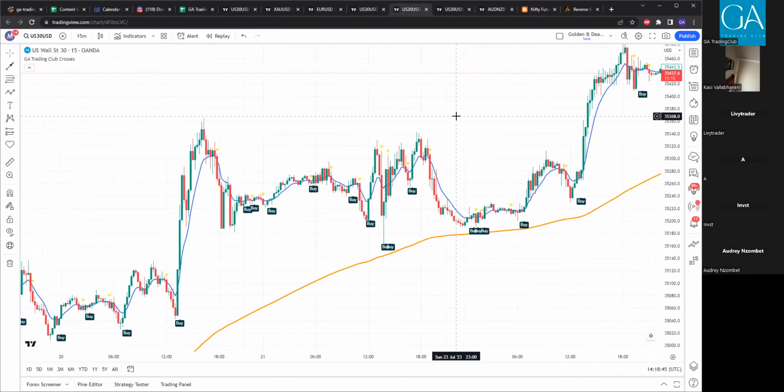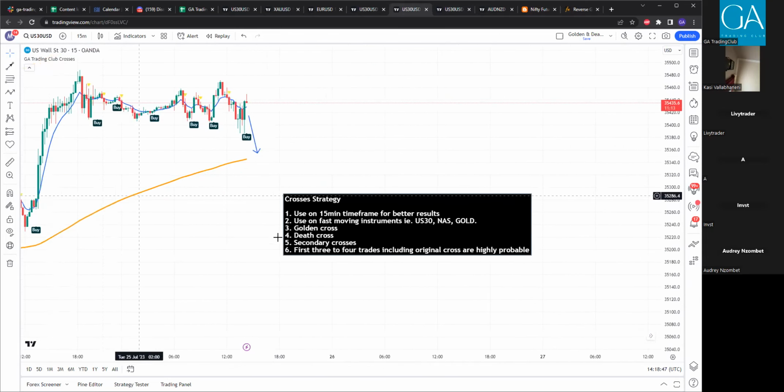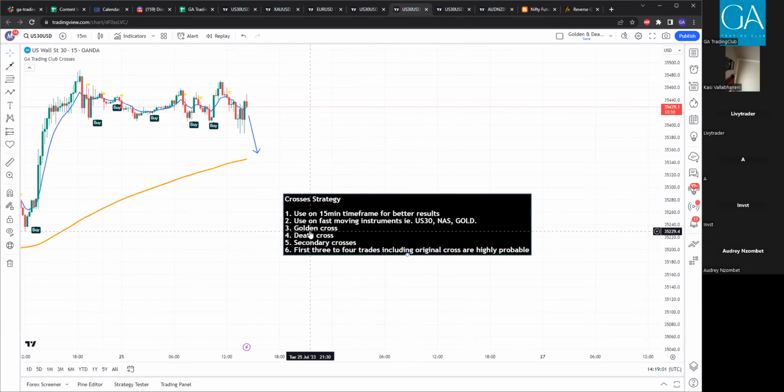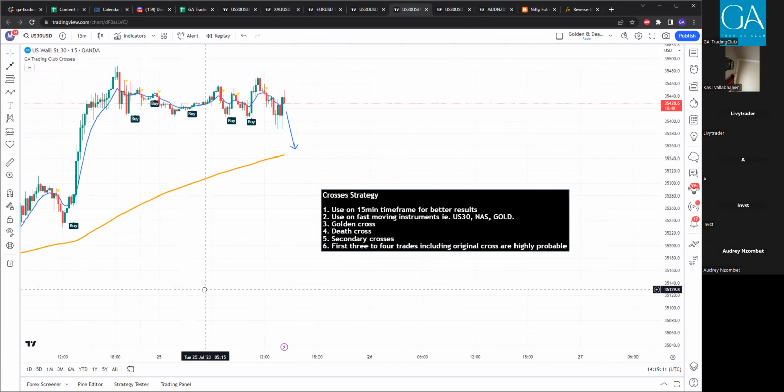So if you stick to the crosses indicator and you stick to this strategy right here, your win rate will be so high. If you stick to 15-minute time frame, and even possibly 1 hour based off of how we back tested, use on fast moving instruments, US 30, NAS, and gold, trade golden cross, death cross, and secondary crosses, and only the first 3 to 4 trades, including the original cross, your win rate will be so high,